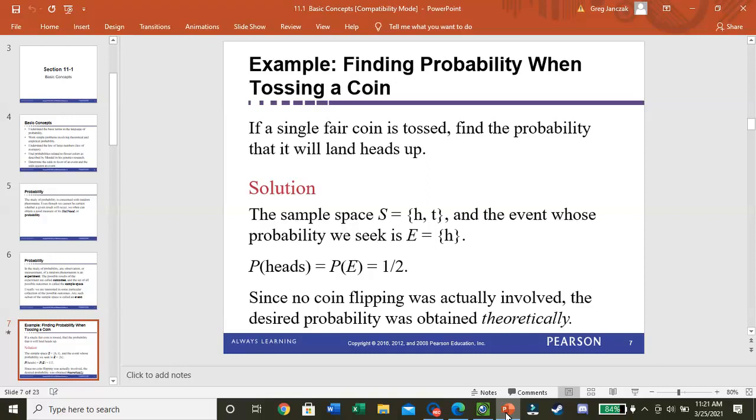So this would be known as a theoretical probability. Now if we were to take a coin and flip it, let's say 5 times, we may get 4 heads and 1 tail. Well, that's not 50%, right? But if we do it over a long period of time, then it will come out closer and closer to 50%. I had a class where we did a lab with, we rolled 1,000, everybody, I had 5 groups, and